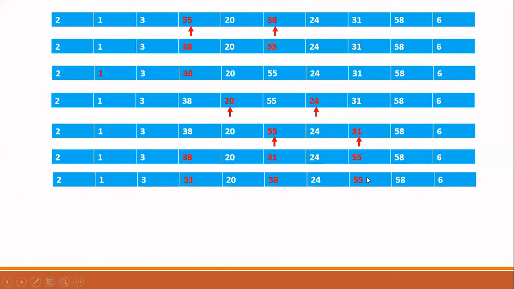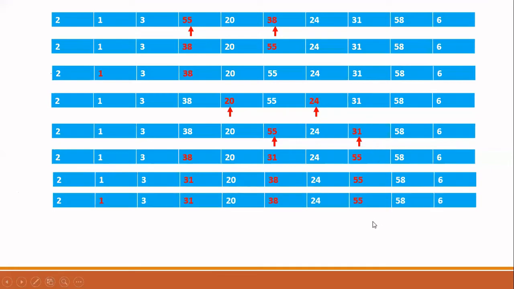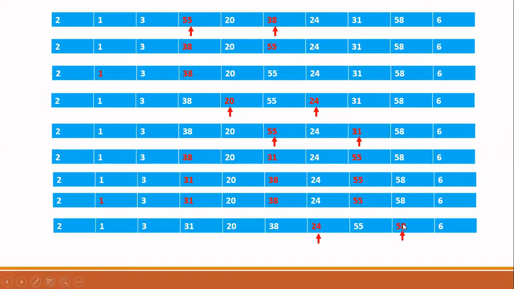Now you move the pointer from this index to the next index. That is, I am going to move from 55 to 58. Then I am going to consider the next pointer as 24. I am going to compare these two elements, 24 and 58. Here 58 is greater than 24, so there is no need for any swapping. Therefore, when you don't swap, don't compare with the remaining elements here. You have to compare with the elements in the left direction only if you are doing any swapping.